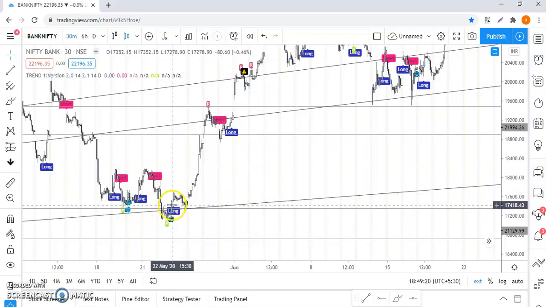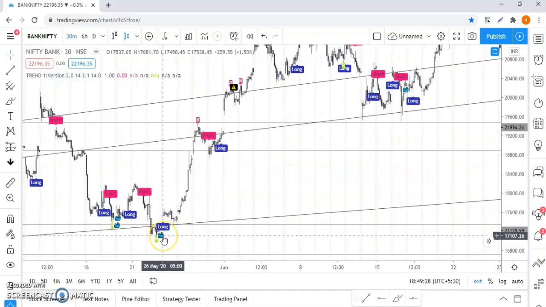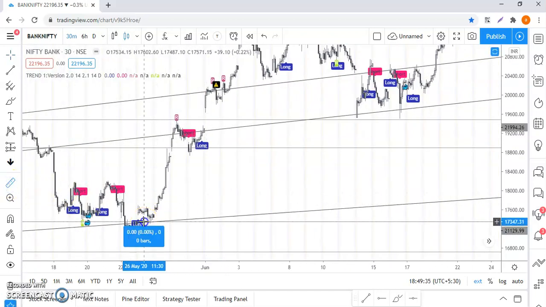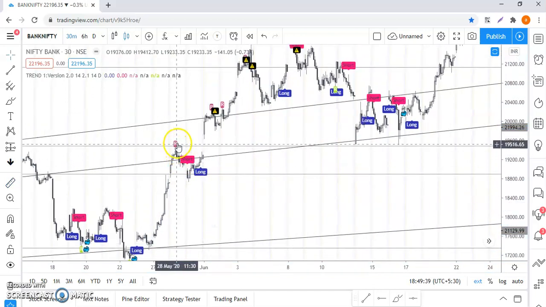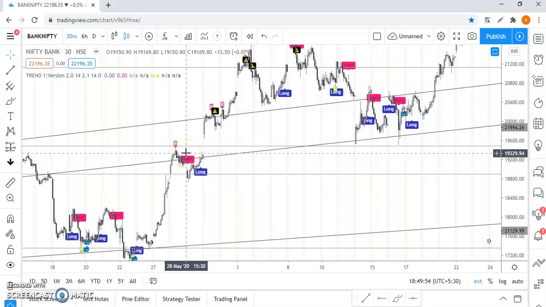Since it's a daybreak, the next day it went up again, it retested the support and the stock went high. So what you should have done, the moment you see this on your chart, you should have gone for a long position. What this long position would have given you is a straight 10%, right? After that, a bearish divergence happened. Where did this bearish divergence happen? Exactly at this line, which is acting as a resistance. So the moment it is hitting the resistance and you are getting a bearish divergence, what else do you need? You should go for a short position.